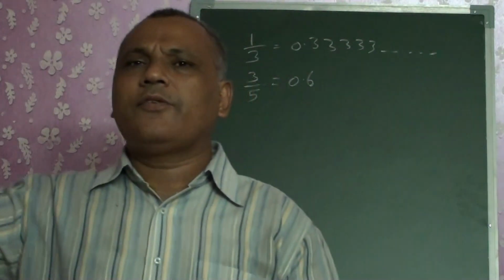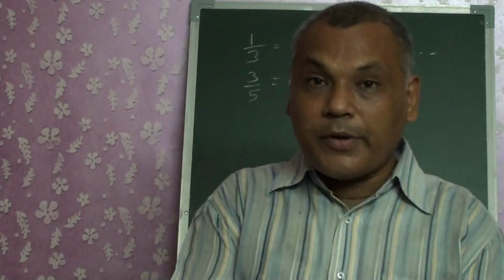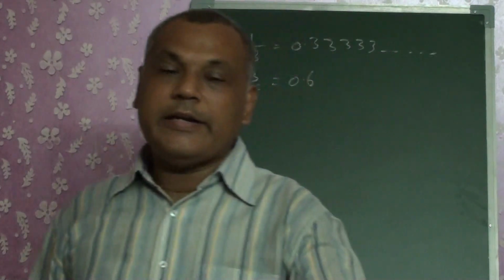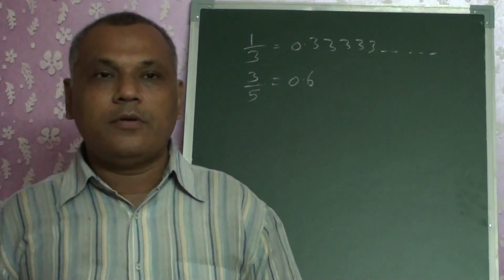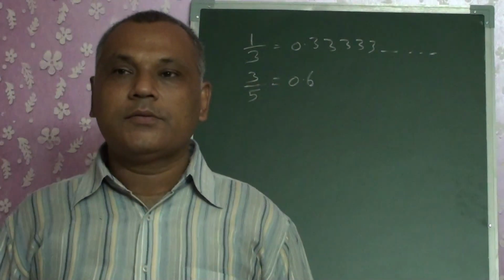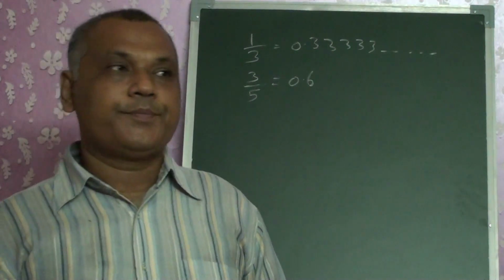When I do divisions, I get the answers in fractions. In a calculator also, sometimes it becomes a limitation because your calculator might be up to 8 digits, 10 digits, 12 digits, 14 digits, different. And if I do it on the computer, I get it endless. It never ends. So the question remains.